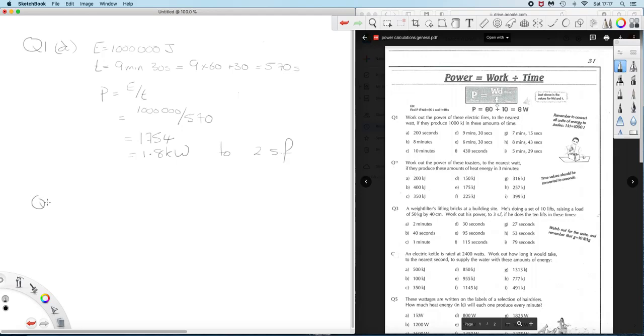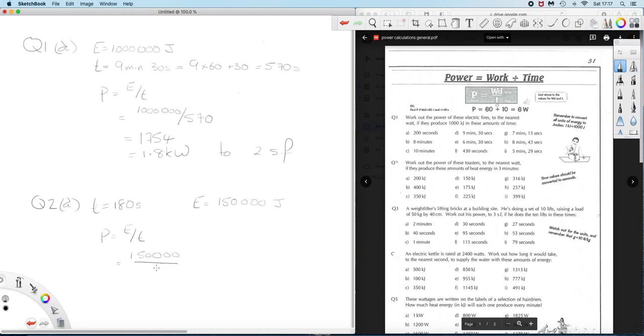Question 2. We could do part D of that as well, why not? So question 2 tells us that our time is 3 minutes. And doing that in seconds, 180 seconds. And in part D we have an energy of 150 kilojoules, 150,000 joules. So our power is our energy divided by our time, which is